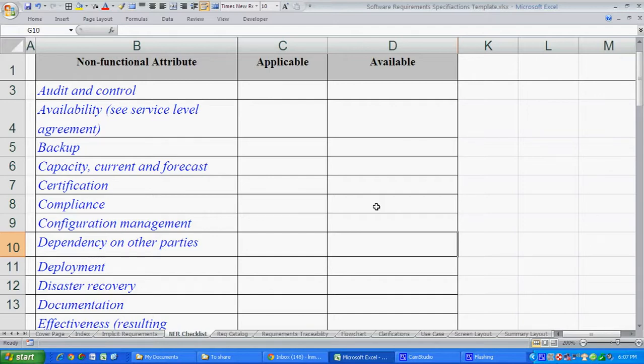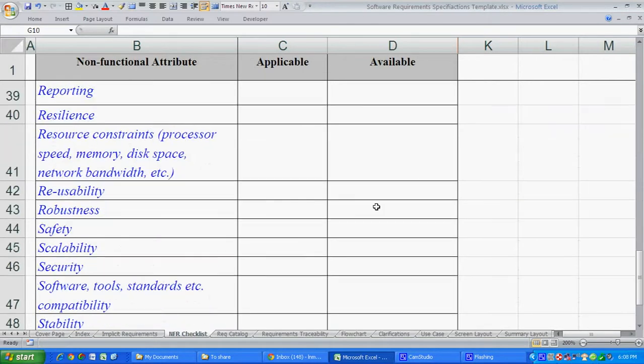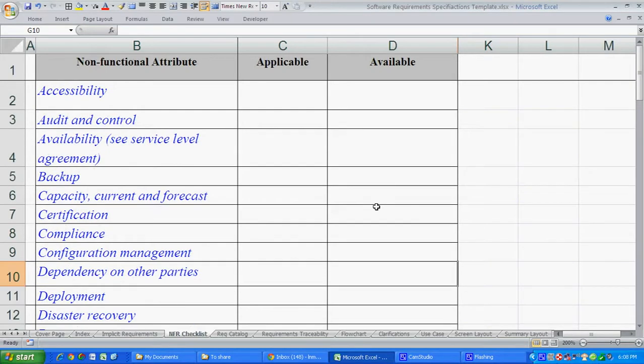Just to highlight a few, the audit and control requirements are basically meant for making sure that any changes to the database records are tracked properly. This is a very critical requirement in most financial services organizations, where the application user or the process owners would like to know for each record when it was updated, who updated it, and why it was updated. So those are the requirements of audit and control. Similarly, there are about 45 or 50 NFRs which have been listed in the template, which will be explained in another separate video.